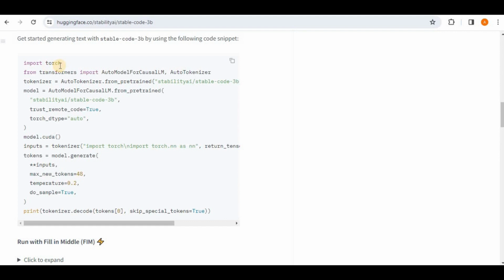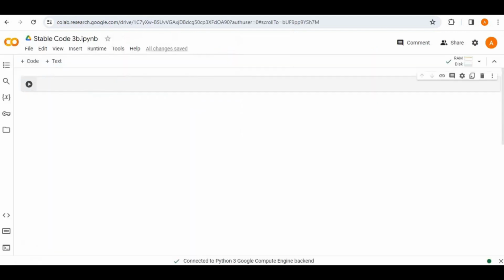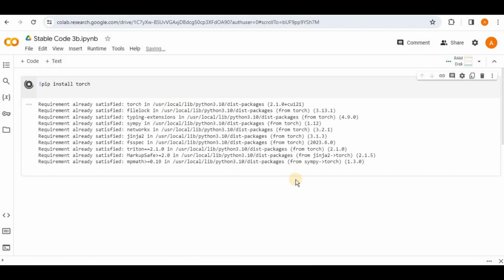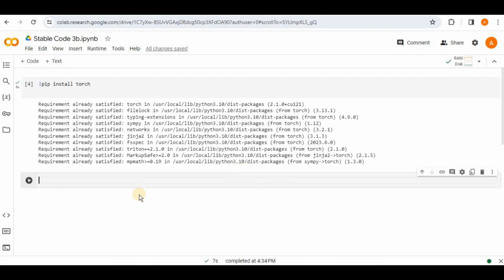For that, we need torch and we need transformers. So I'm gonna head back to my Google Colab and firstly I'm gonna install torch. I'm gonna say pip install torch, run it, and you will see that all the required libraries associated with it will be downloaded. Then I need to install the transformers, but since the StableCode 3B model is present in Hugging Face,